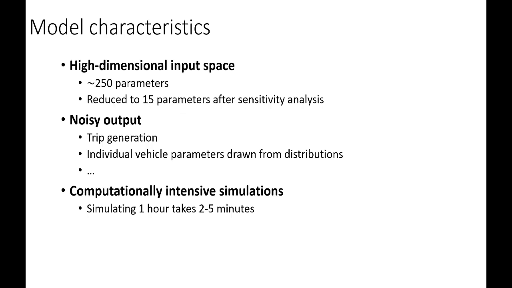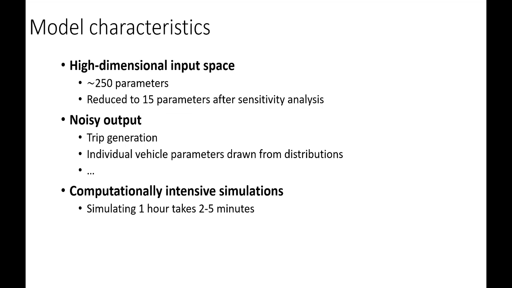And this is a real big hurdle that's going to inform a lot of decisions that we're making, right? So the high dimensionality we deal with just with a bit of sensitivity analysis, so we can throw out a lot of these parameters and reduce it down to a smaller set. The noisiness we don't want to remove. We could remove that, we could fix the random seed, but that is part of what's actually happening in the real world, so we don't really want to remove this. So we're going to try to hold on to that. And this sort of computational cost of the model, there's not really much we can do about that either,